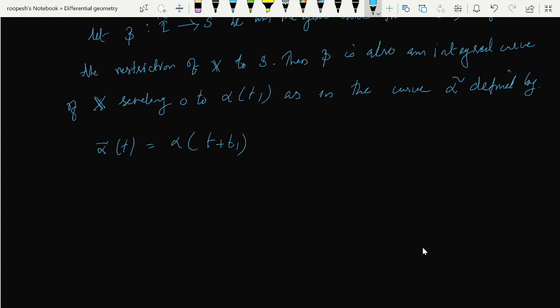Then alpha tilde of 0 is alpha of 0 plus t1, that is alpha of t1. Then by uniqueness of integral curves,